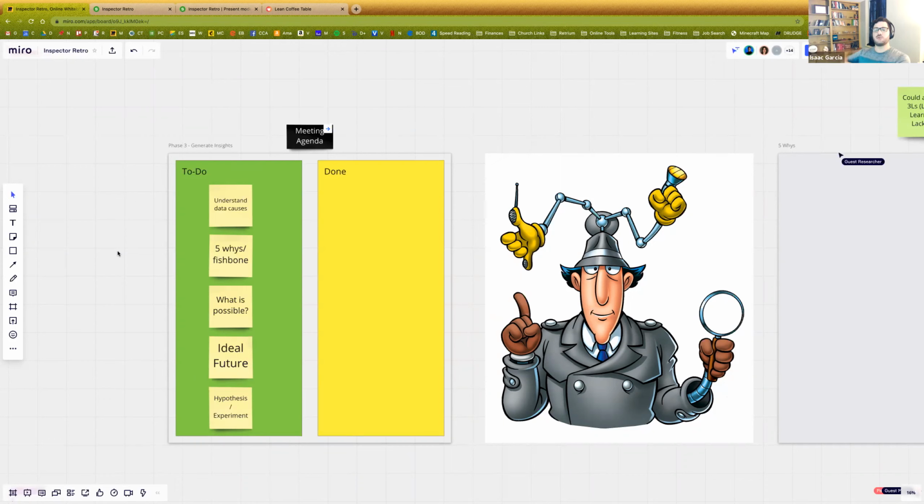I'm going to talk towards the end, but I'll tell you now, there's this thing called the retrospective prime directive. And it says, essentially, I'll paraphrase, whatever we find out, we are going to assume that the people made the best choices they can given the time, their knowledge, and their experience. You're starting out assuming that people did the best they can do. That helps create safety because you're not coming out saying, all right, one of you messed up, and as soon as I find out who messed up, I'm going to go tell my manager and we're going to make sure that ends up in your record. If you said that, no one would share a mistake.